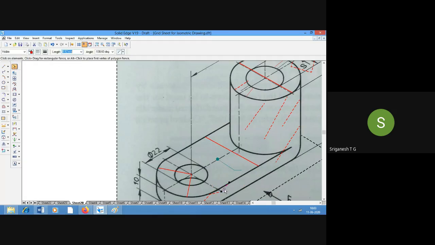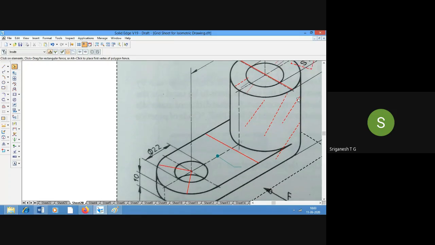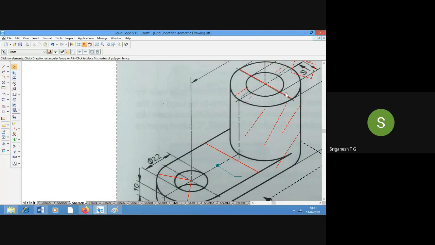So the bigger circle diameter over here is 46, correct? Yes, sir. So here, this width is also 46, sir. So for this 46, if I have to draw a semicircle, what is the radius? 23. Correct.